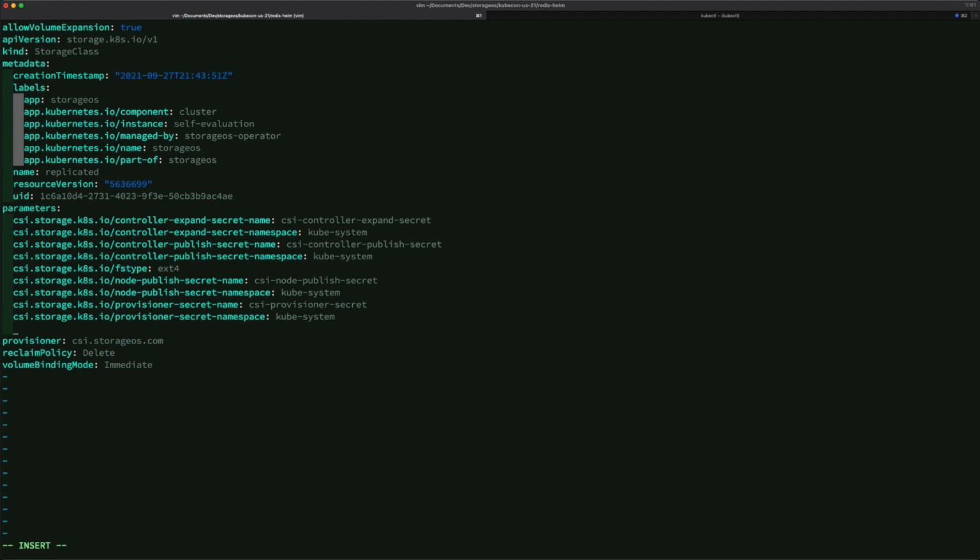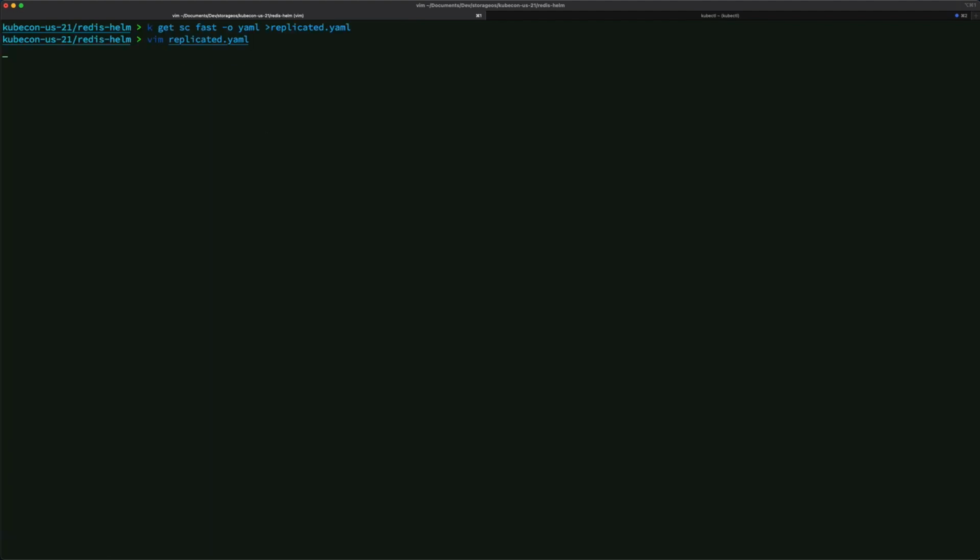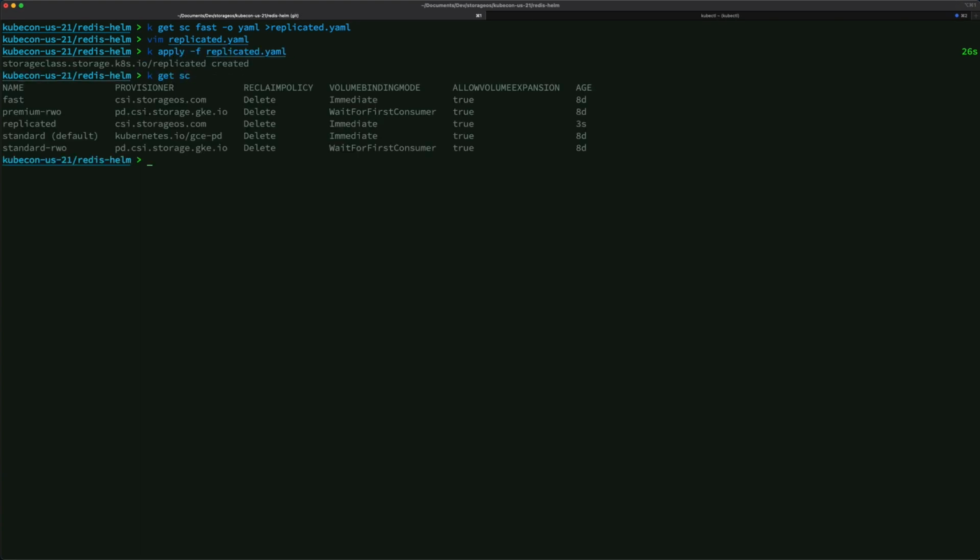So it's simply storageos.com/replicas, and then just a number. We have 3 nodes, so we're going to have 2. And it's the same thing for any features you want to enable, whether it's compression or encryption, it will be the same format. So very simple. Now we can just kubectl apply this, and now we have a replicated storage class that has been created.